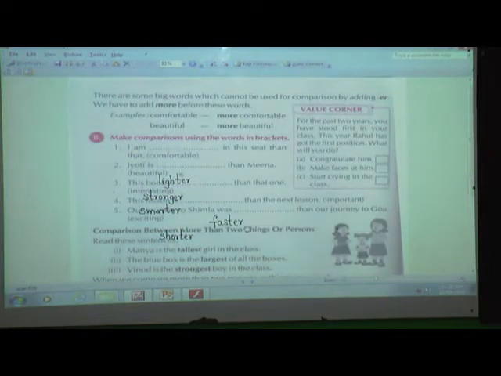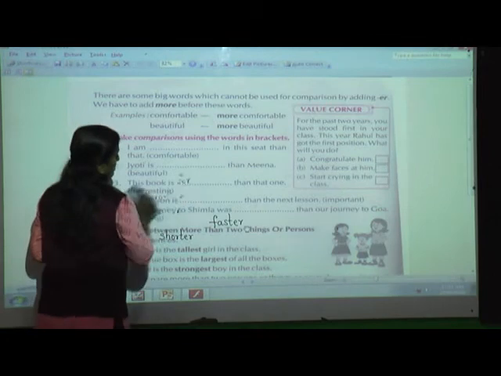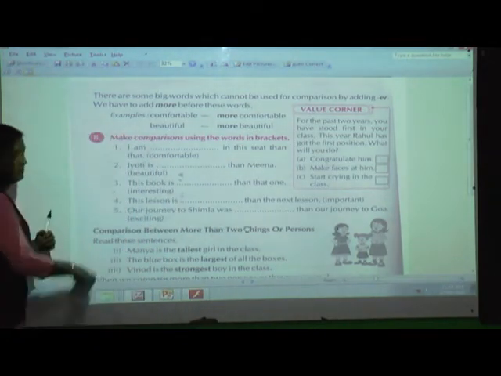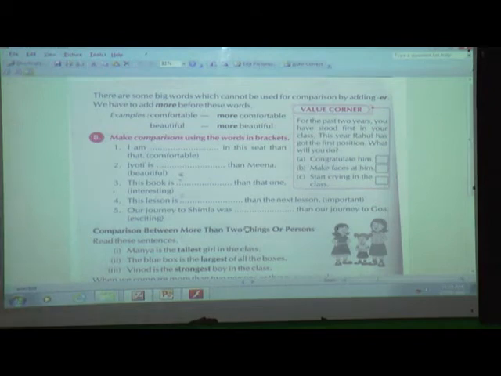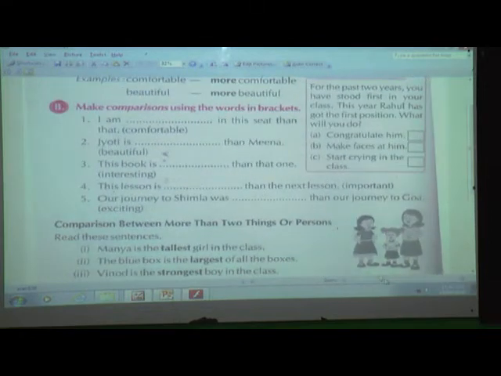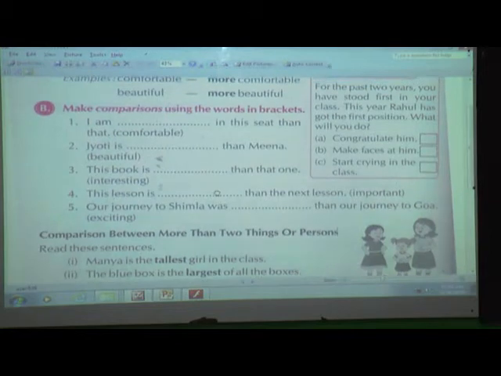Okay, so turn to page 36, we will solve exercise B. You have to be fast, don't be slow while writing. Now here if we see exercise B, page number 36. Now what I have told you, that when the words are big, when we are